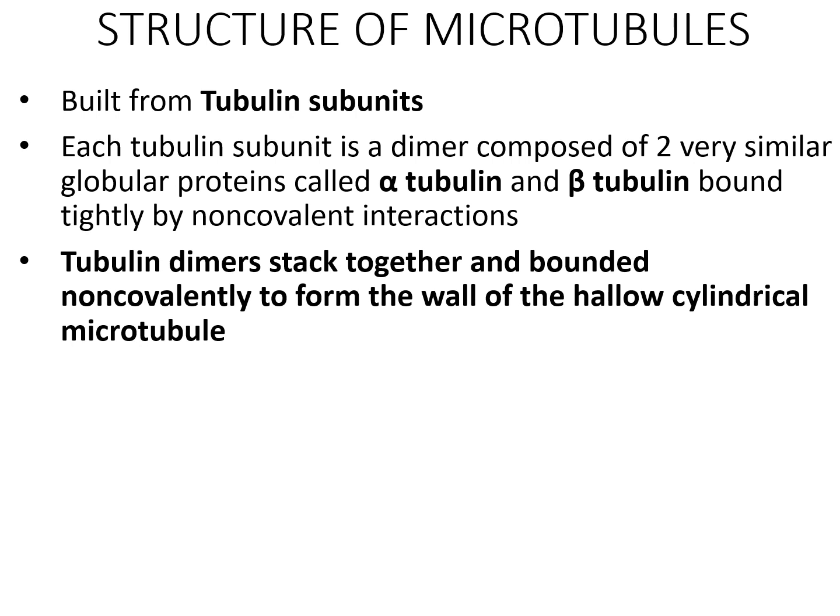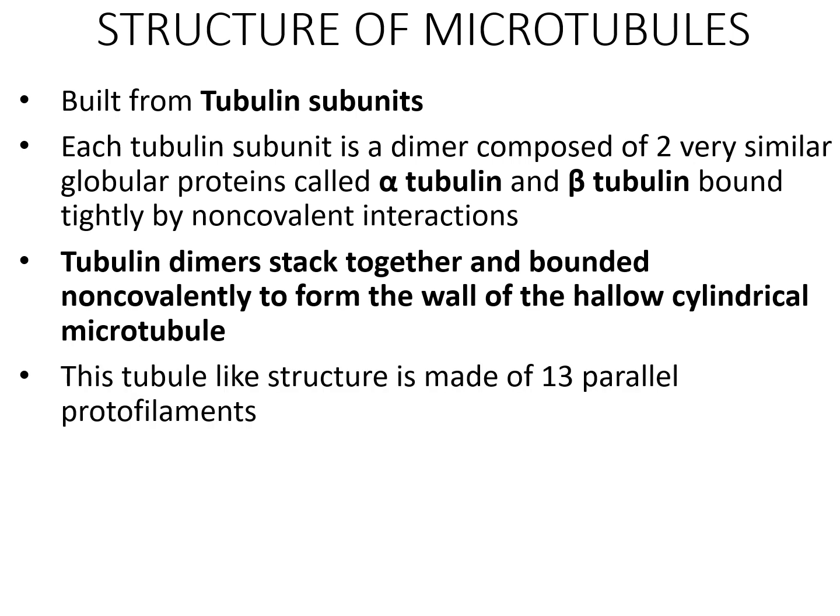When these tubulin dimers stack together and are bound non-covalently, they will form a microtubule. This tubule-like structure is made out of 13 parallel protofilaments. When tubulin subunits bind to each other, they create a protofilament. When 13 of these protofilaments arrange themselves in a parallel manner, they create this hollow cylindrical structure,